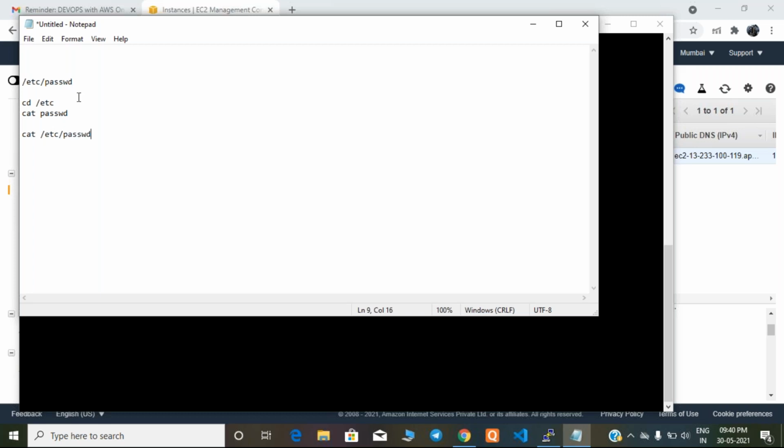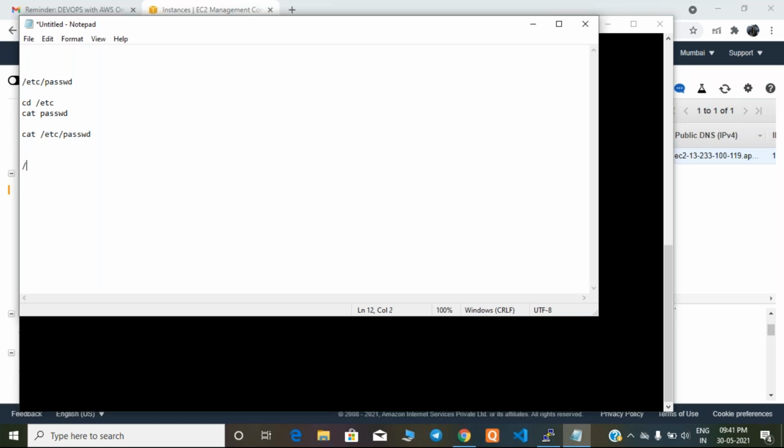This is called an absolute path. Both are the same only. In one step instead of two, this is called the absolute path, meaning the full path, and it is not only for opening files.